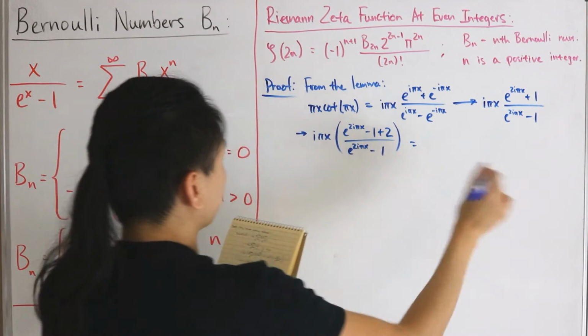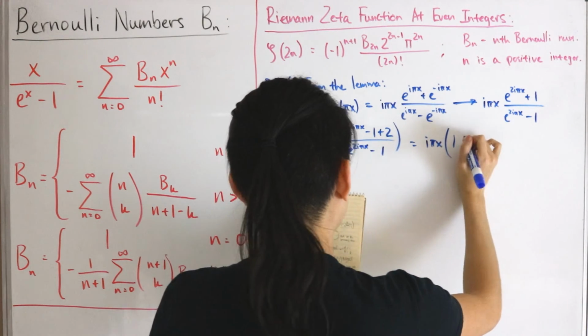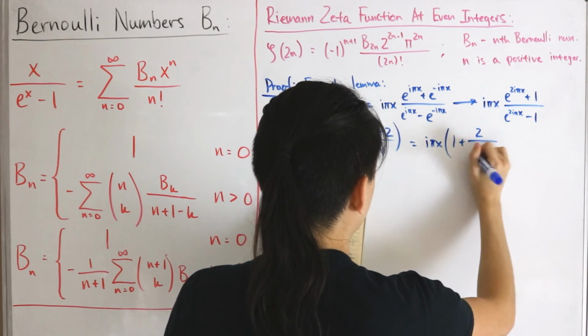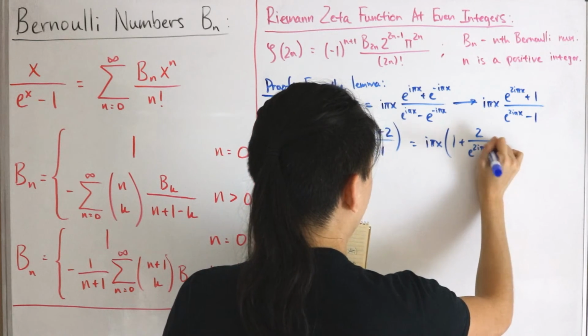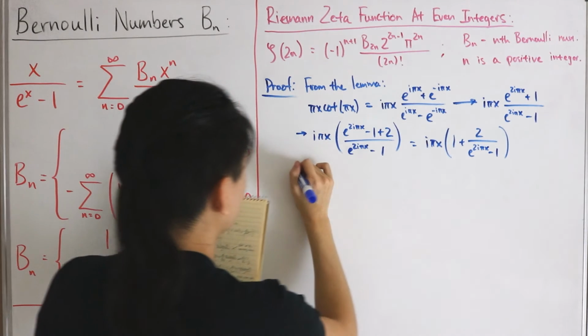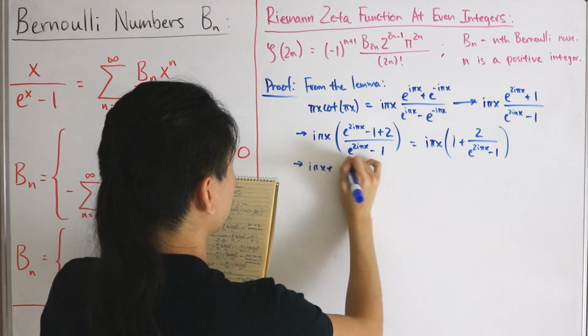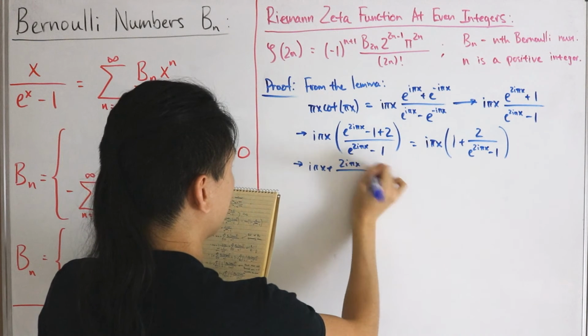And then if we simplify all this out, now I have i pi x multiplied with 1, then add 2 divided by e to the power 2i pi x, and then subtract 1. And now just distribute that out. So this is just i pi x, and then add this with 2i pi x